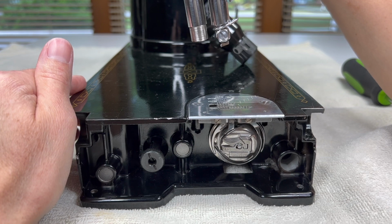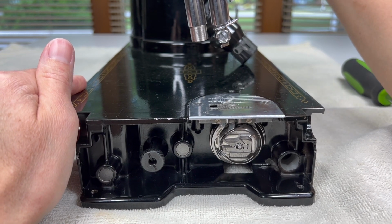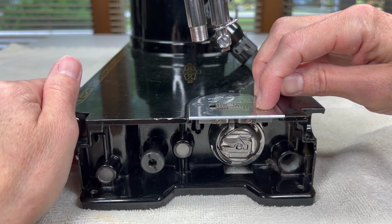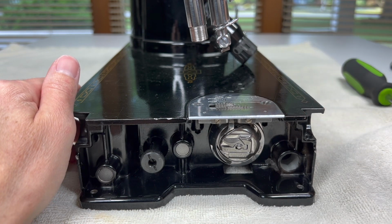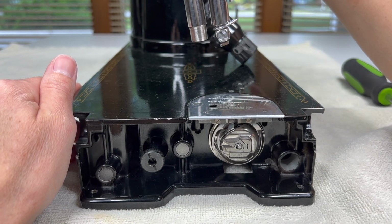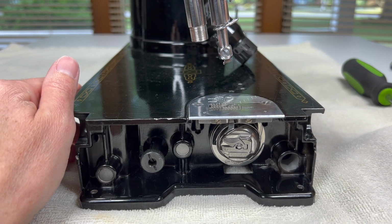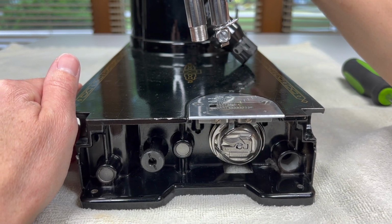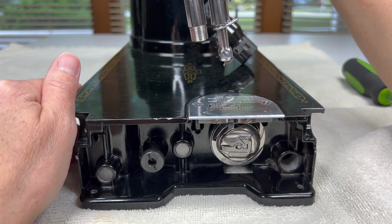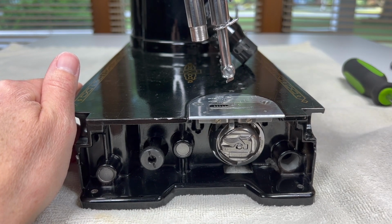finer stitch. So why would you want to adjust the feed dog length? Well, reason number one, maybe these teeth are traveling so far forward that they're hitting inside the needle plate before they can fully come up, and you may not even be able to turn your hand wheel past a certain point. Or there have been times where I always strive to get 6 stitches per inch, and I'm not getting that. I'm getting 7 or 8. That's when I'll look at how to adjust the length of the feed dog so I can maximize the potential